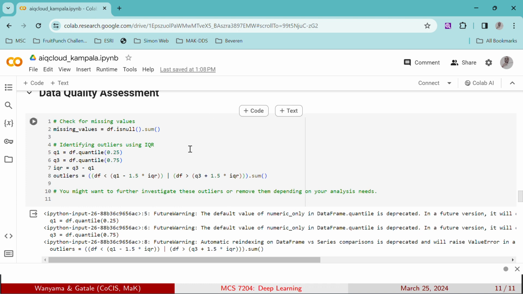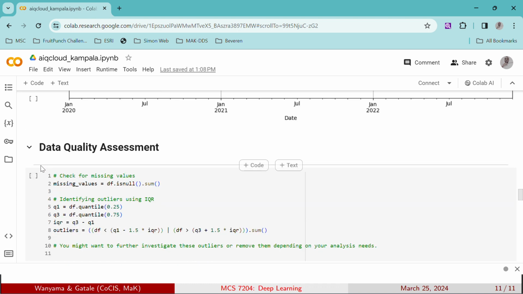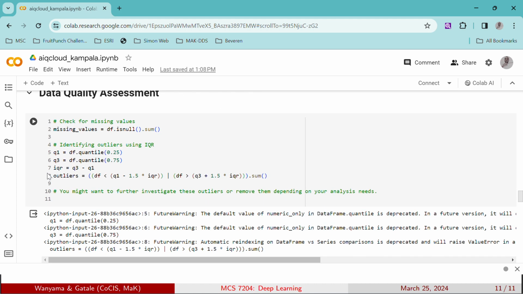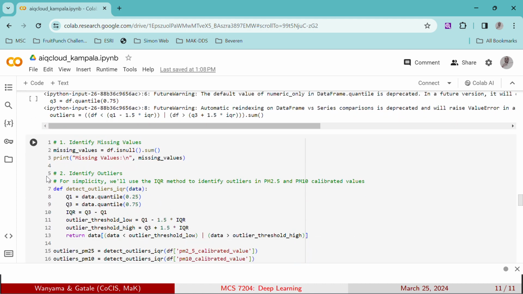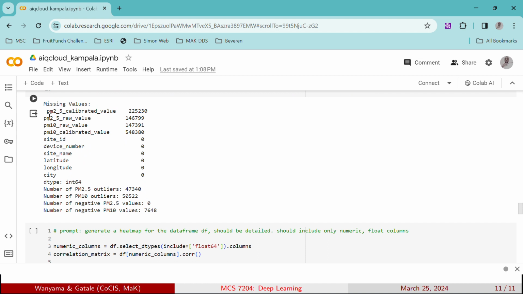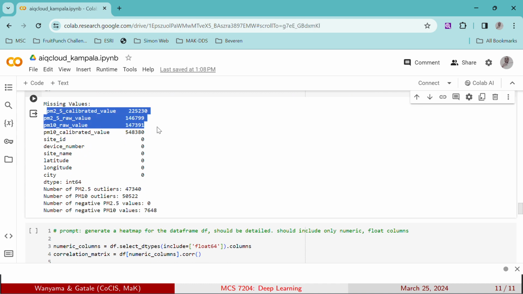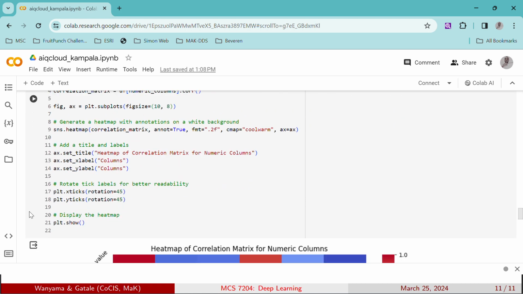And we also did a data quality assessment. We tried to find out how good this data is for this task. We investigated missing values and a few other things, and we drew a report here. We know that some features have missing values, others have what we call outliers here, and some have negative values where they're not supposed to be. So we need to correct all this before we can continue to use this data.